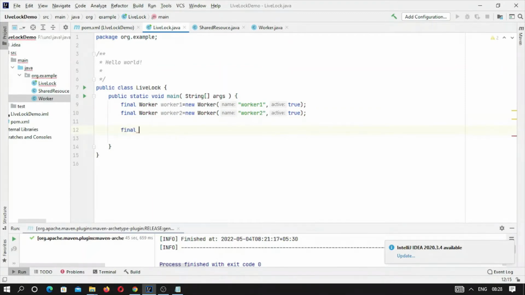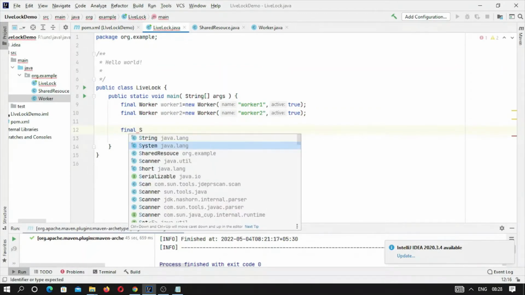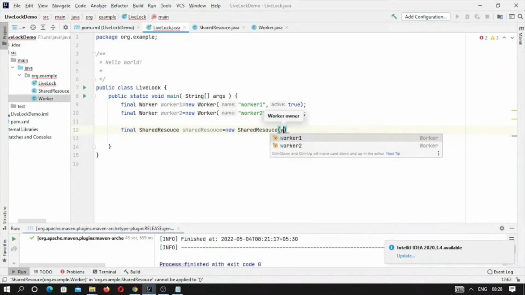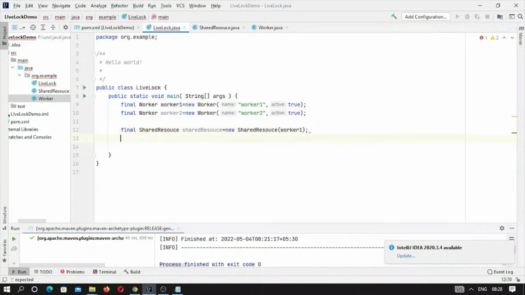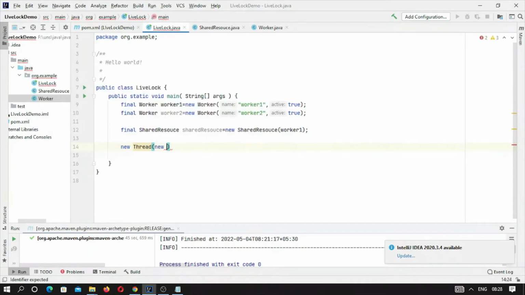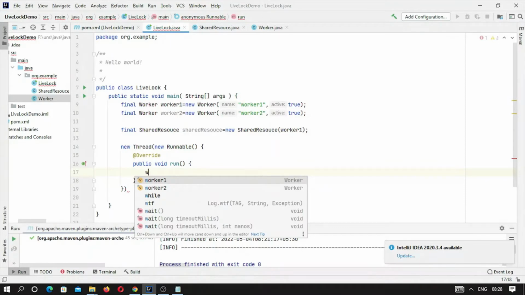Now let me again create an object of shared resource. This may be given the name shared resource, as new shared resource, and this should be given with worker 1. Let me start this one. Okay, now let me create two threads, new thread, new runnable. This is a run method, and here we are calling object 1, worker 1 dot